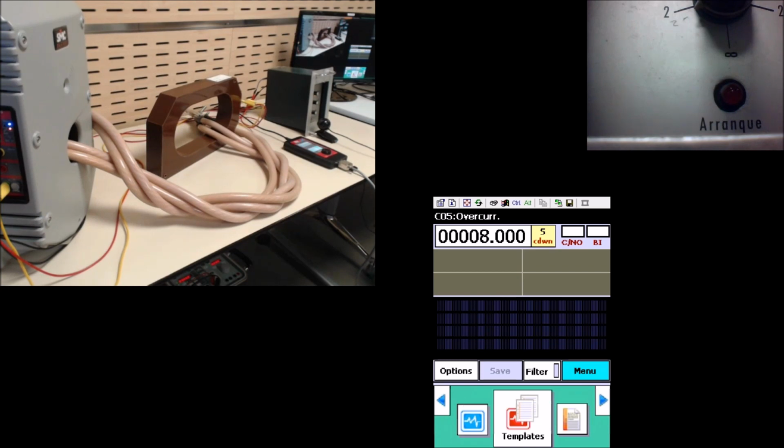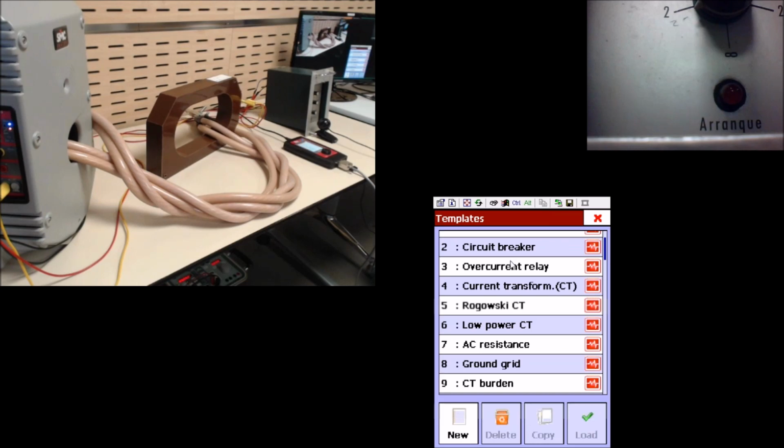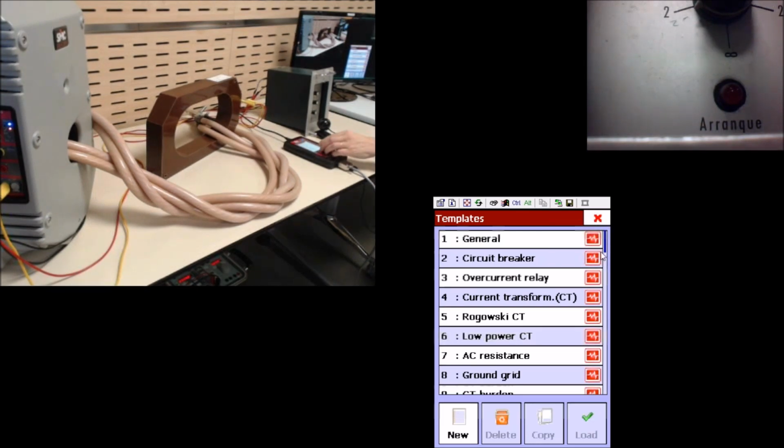I can select a test template. There are a lot of test templates. So we have the general test template. This is used for general purpose. This is a completely customizable template. You can modify any parameters in this template. Templates make it easy for you for a particular type of test. So we have created a collection of templates for you, so you can use them